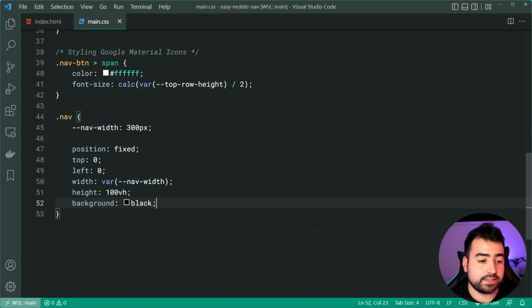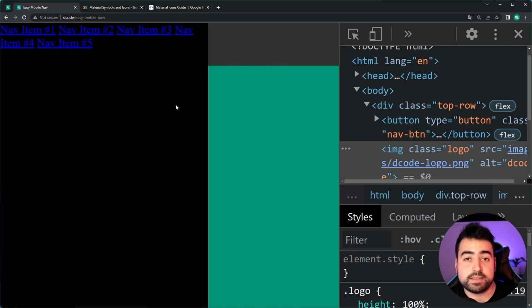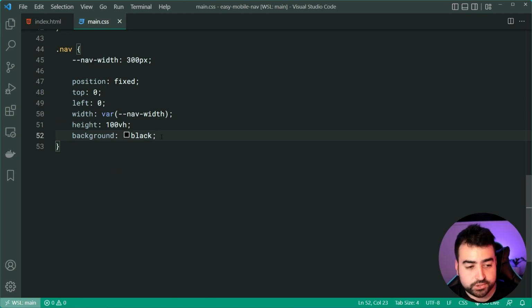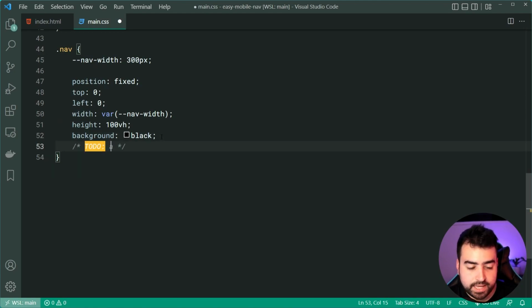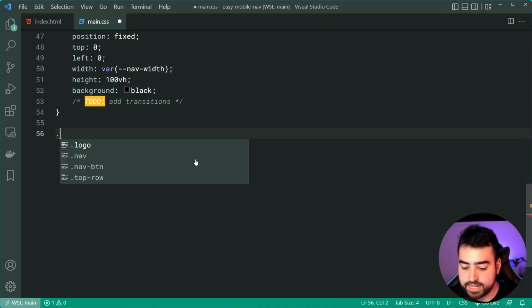We're going to stop and go back in the browser to investigate our progress. Refresh and we get something like this. All of the nav items are now contained within the navigation menu container, and it's looking pretty good. We've got that 100% viewport height here and that width set. So now we're going to hop down here. We're actually going to come back to the navigation and we're going to just say here to do add transitions. Okay, so going to come back to this very shortly, but now we can hop down and target the class